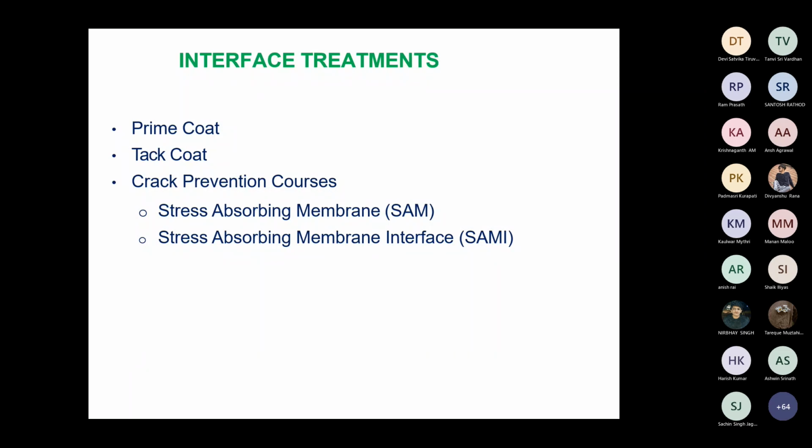See, crack prevention courses are needed suppose you have a cement stabilized base or subbase. The problem with cement is that the strength will increase, but it may develop shrinkage cracks and all. And as these pavements are flexible, whatever cracks develop will get reflected in the upper layers also. To prevent this crack reflecting in the upper layers, above the cement stabilized base or subbase you can have the stress absorbing membrane. It can be a thin membrane, or you can just provide a thin aggregate layer over this.